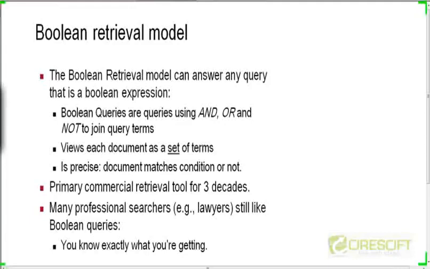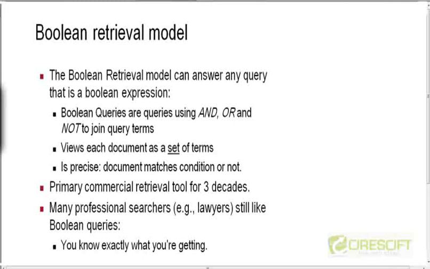Last time, and also in the first lecture, we saw that when we were constructing the term document incidence matrix, we were ignoring the positions of the words in the documents, and we were also ignoring the counts of the terms in the documents. We were ignoring how many times each term is occurring in a document. We're just recording the presence or absence of a term.